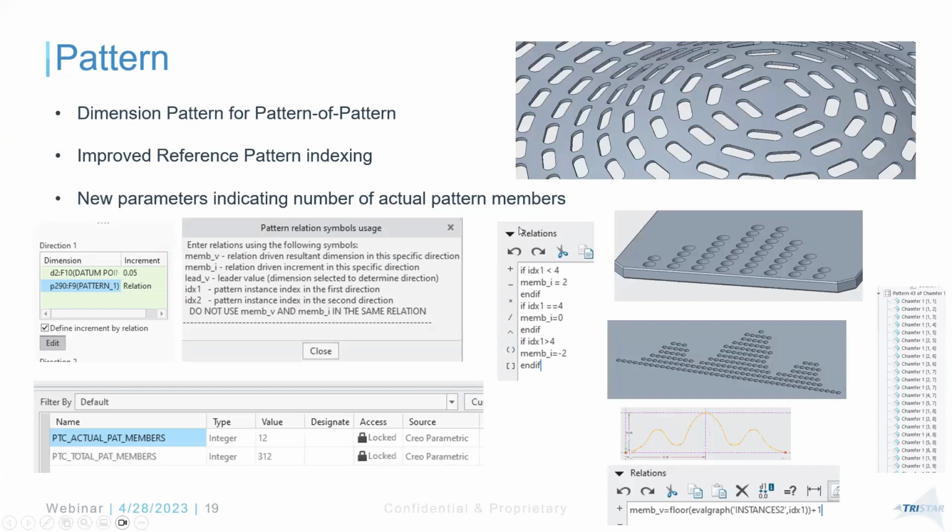One big one is the pattern. I really like how they have better options when you have nested pattern or when you do pattern for pattern. You're able to include the number of instances as a relation-based driver to create variable patterns like this. Before we could do variable patterns, but now they have